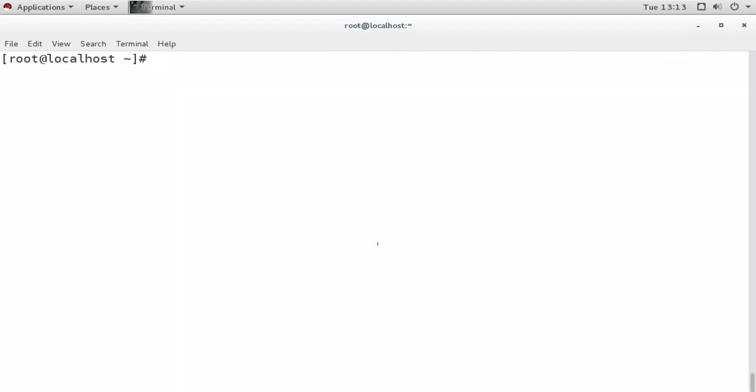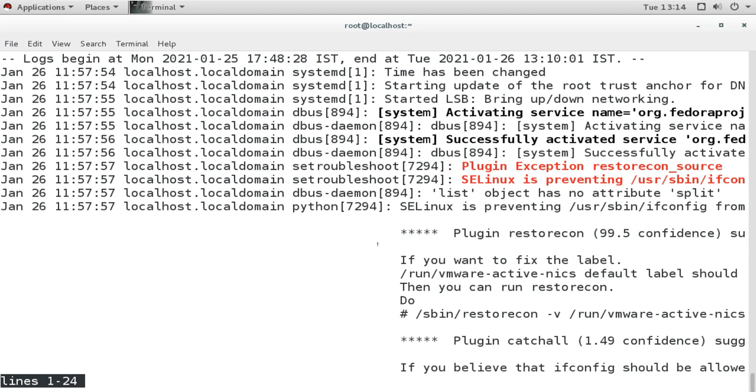Now you can say what you want to see. I want to see only today's logs, so I can go like this, --since today. Now it is showing only the logs of today.